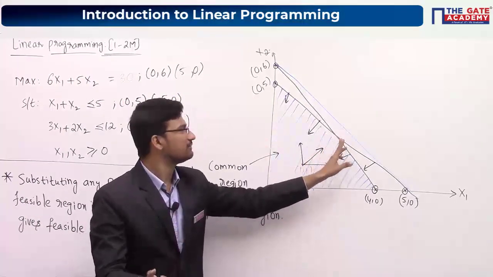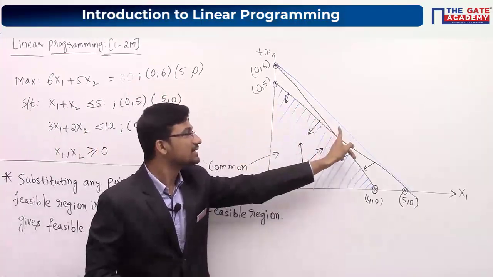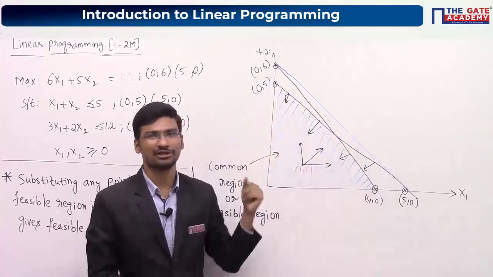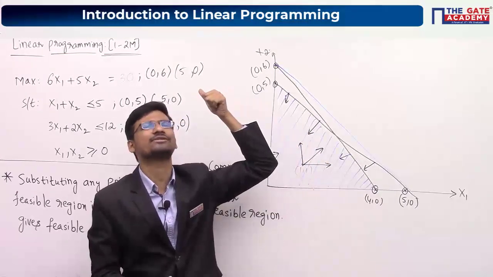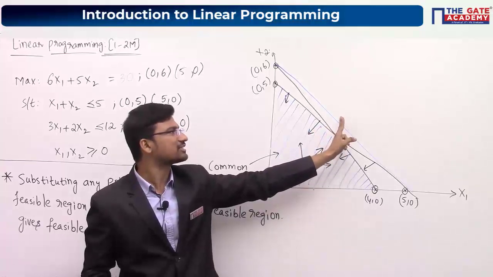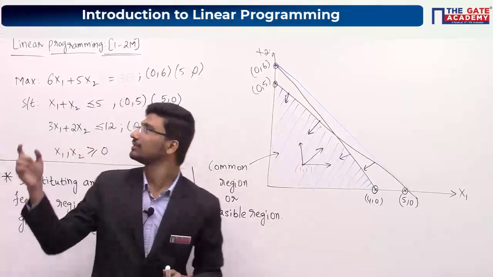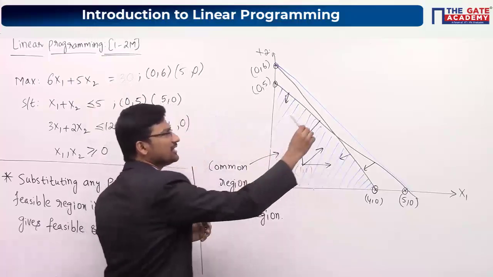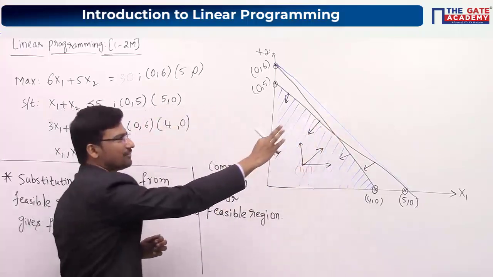So already you have told that the assumption which we have taken, z equal to 30, is wrong, because this particular z equation or this particular straight line is not touching the feasible region. Okay. So if it is not touching the feasible region, then definitely the assumption z equal to 30 is wrong. Now how to make this objective function line touch the feasible region? You have to decrease this particular value. So if you decrease this particular value 30, what will happen? This particular straight line will be moving like this. It will come downward like this.